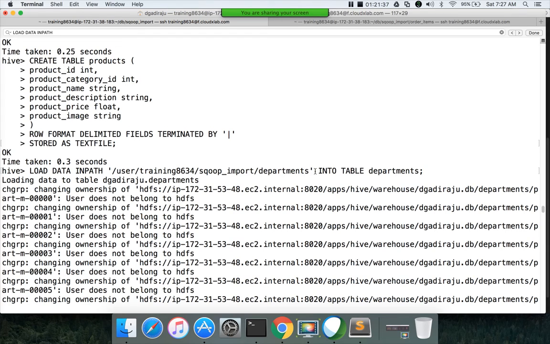But when it comes to the difference between load and insert, the major difference is MapReduce, and you should be able to convey what will be the impact of that. Even in the interview process, or wherever you face this question, what is the difference between load command and insert command, you should not just say that it's MapReduce. You have to explain what will be the impact because of having MapReduce with the insert command but not having MapReduce with the load command.